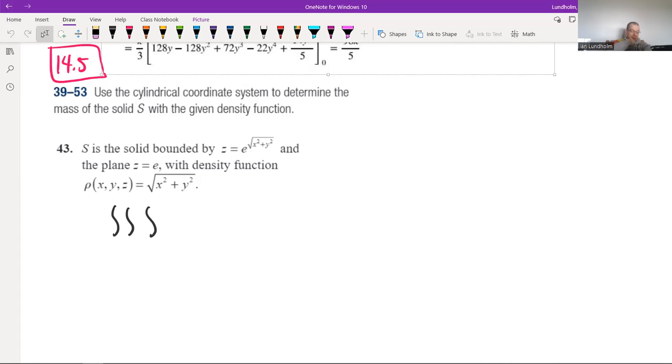If x and y values were small enough that you were taking the square root of a number that was less than 1, then the z values would be lower. So I think that this is something that's opening up, and the flat plane is over top of it. So as we go ahead and make these bounds,